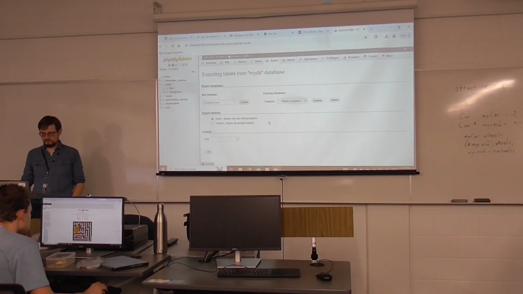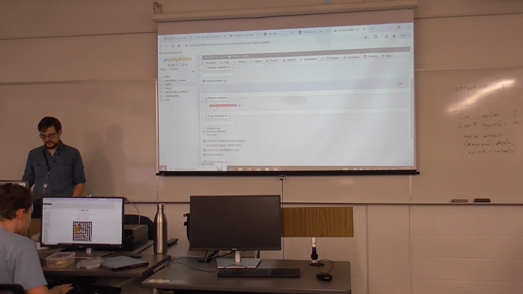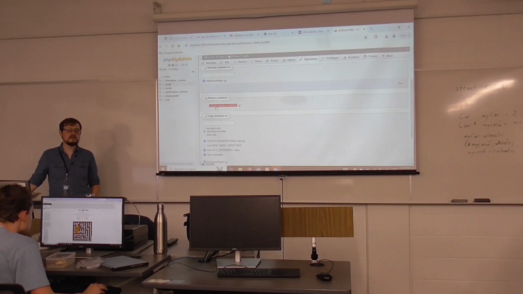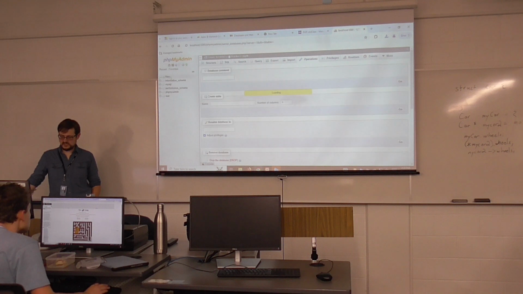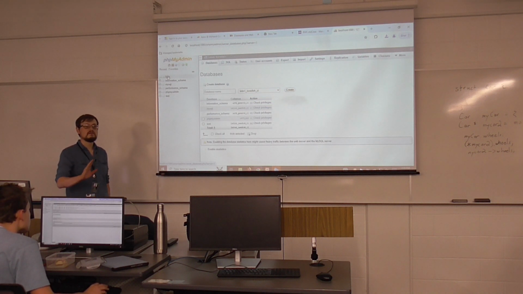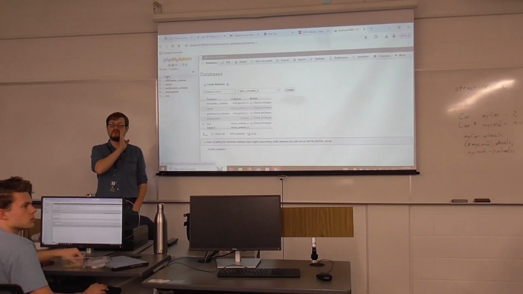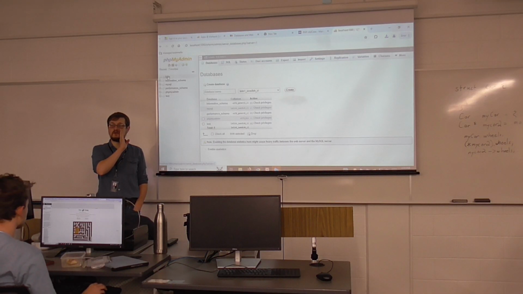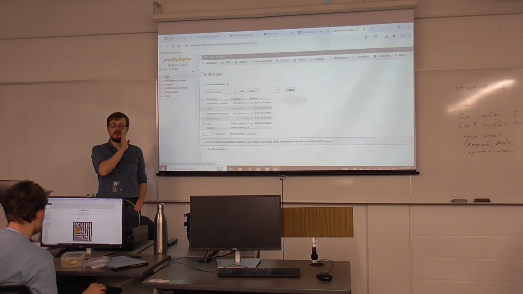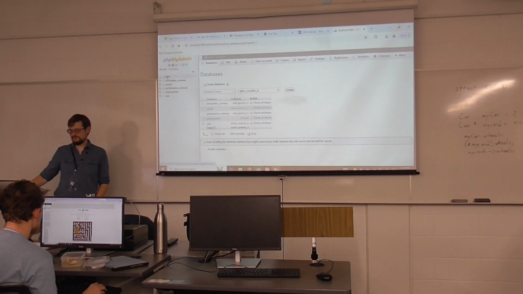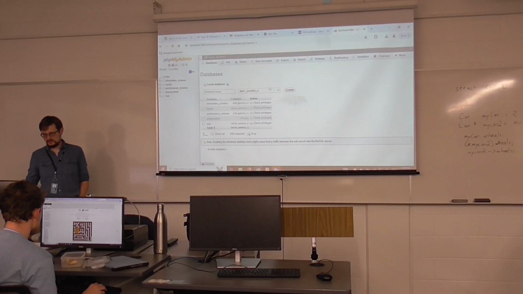So, yep, that's how you export. Let's say, just in the interests of destroying all of your beautiful data, if we destroy the database, basically every time you fire up XAMPP, you'll be starting with a fresh one of these, especially if you're swapping between different PCs. But basically just remake a new database, give it whatever name, create,